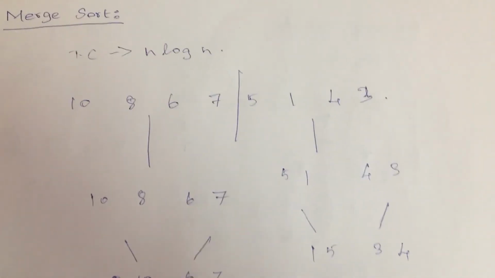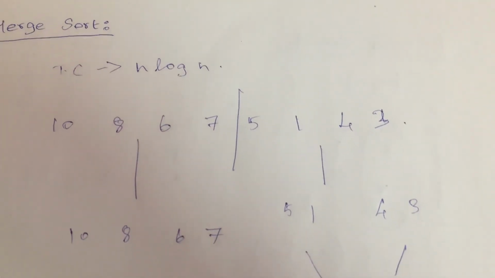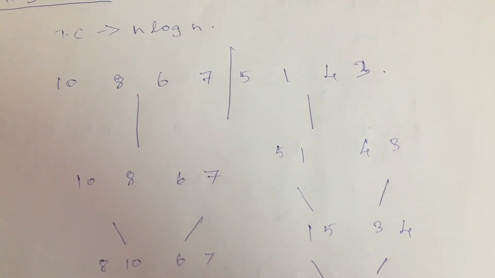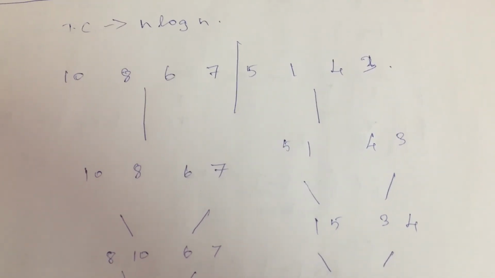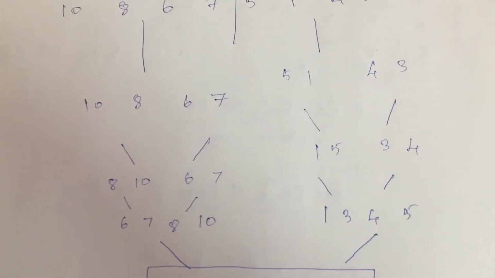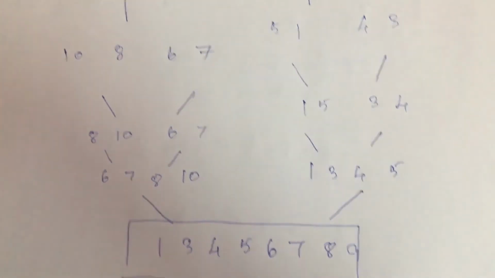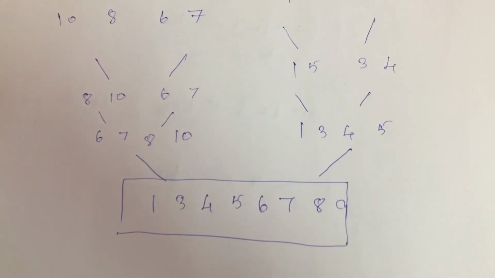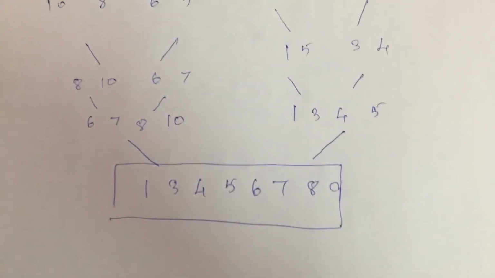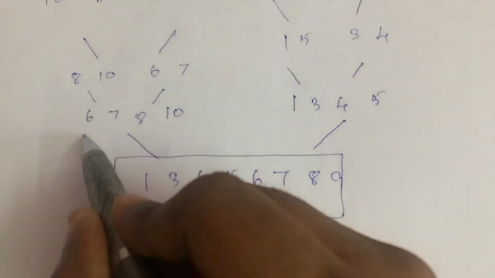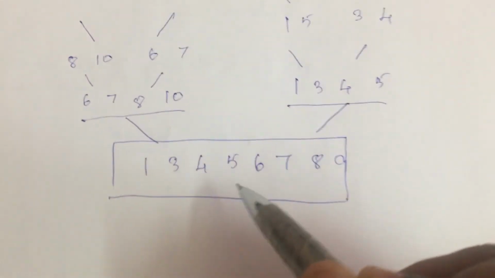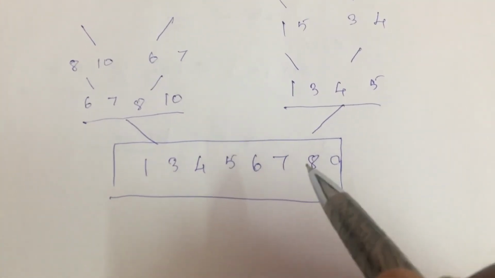The time complexity will always be n log n, whatever the number of inputs. It will always be split into teams. After splitting them into teams, the teams will be further divided into sub-teams. After that you arrange them in ascending order, and at last you merge them together, and each and every team will be merged. Whenever they are getting merged, they will be arranged in ascending order. After that the final output is going to be in sorted form.